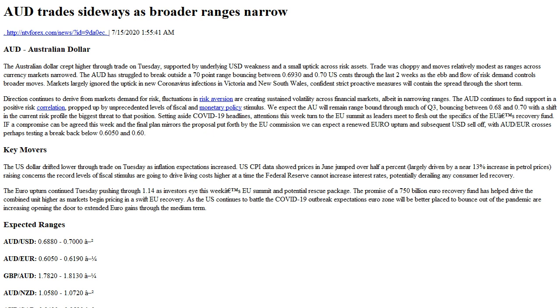AUD 0.6880 US dollars, 0.7000 Australian dollars. Euro 0.6050, 0.6190. Pounds sterling AUD 1.7820, 1.8130 Australian dollars. NZD 1.058, 1.0720 Australian dollars. CAD